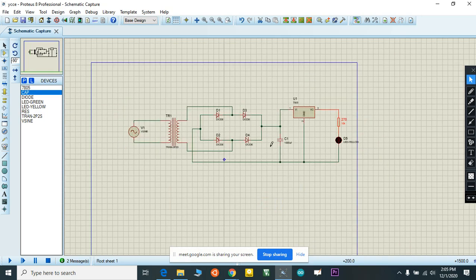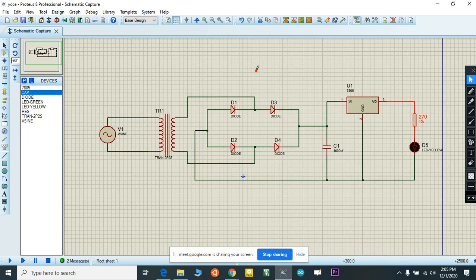Now I'm going to simulate this circuit to check whether it's working or not. It's loading.